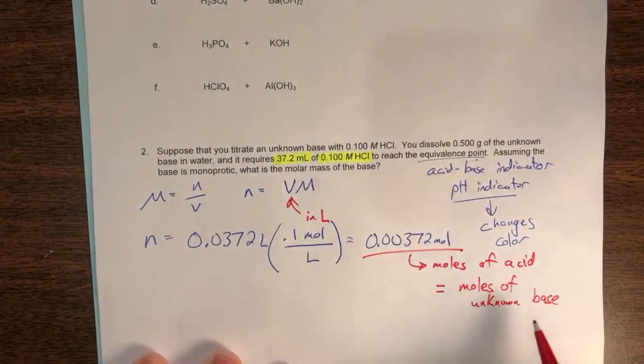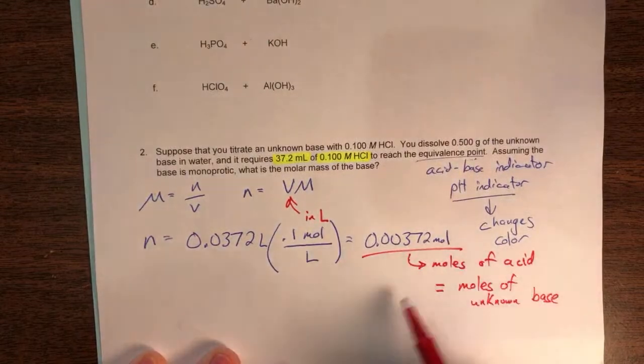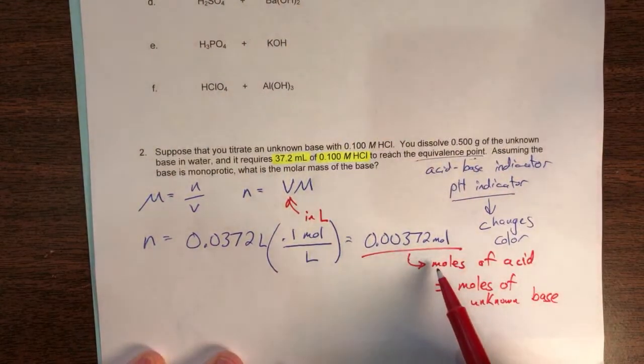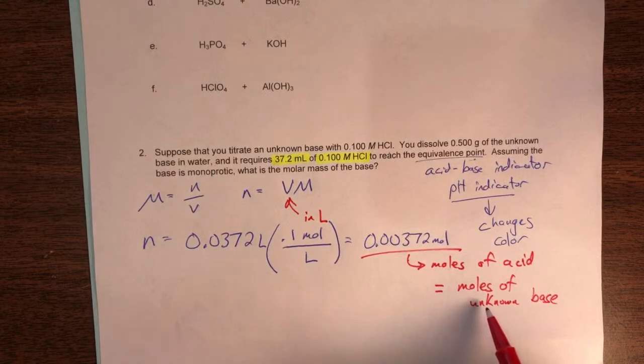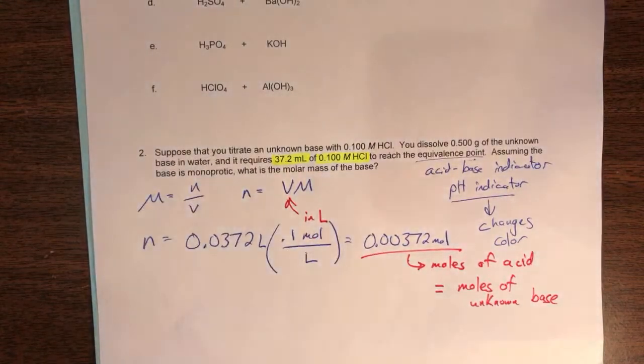So we use this known to figure out the amount of unknown. So the moles of acid are equal to the moles of your unknown base. And once you know that, now we can calculate the molar mass. How do we do that? Molar mass